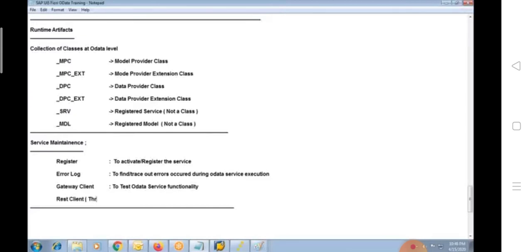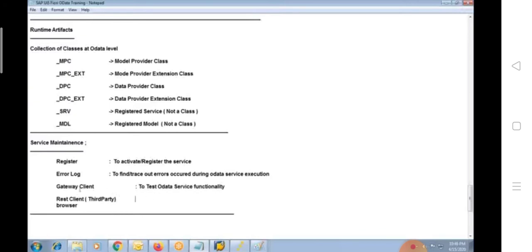This is a simple third-party software which you will find at browser level. So this is also similar to your gateway client. Whatever we do in gateway client, we can also do from REST client, which is third-party software in a browser. This also can be used to test OData services, I mean to say OData functionalities.